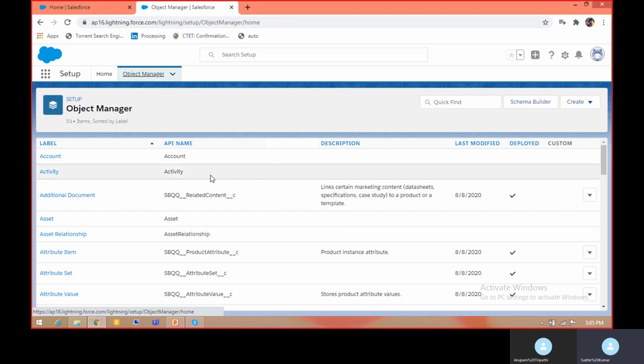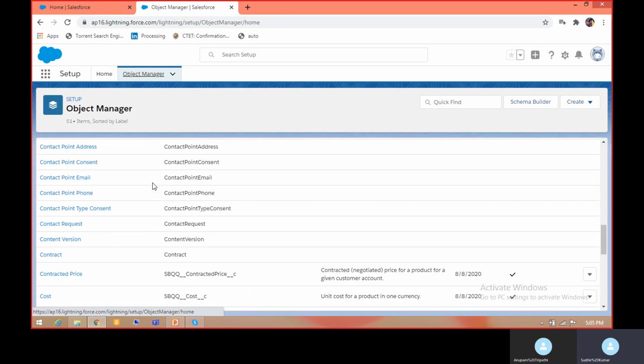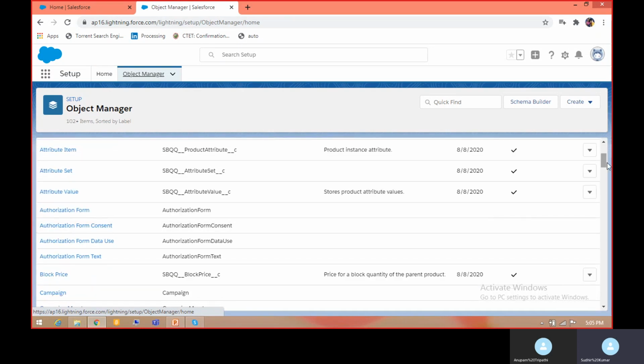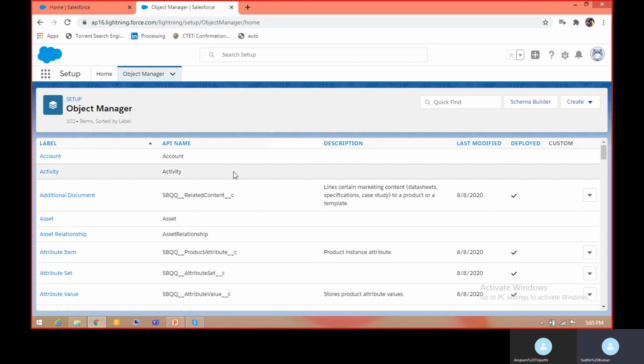Here you can see the object list related to Salesforce CPQ. You can see a difference in the API names of the objects. If you see account, activity, but notice SBQQ underscore related content.